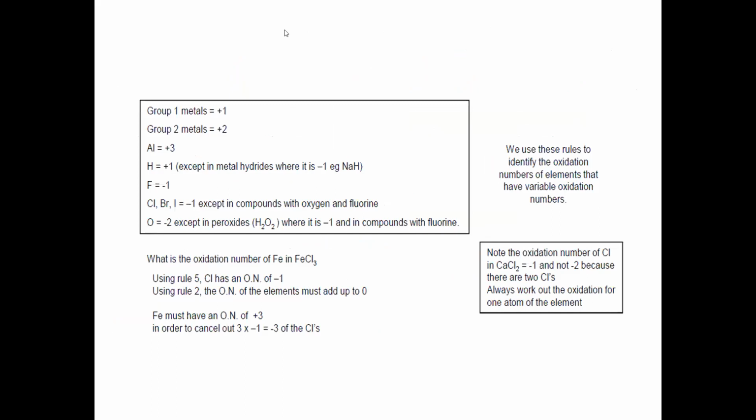So for metals of group 1, the oxidation number is +1. For group 2, +2. For hydrogen, except for metal hydrides,